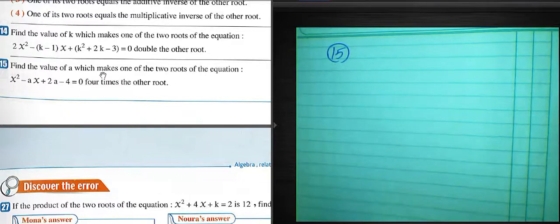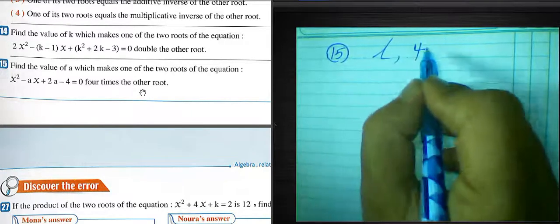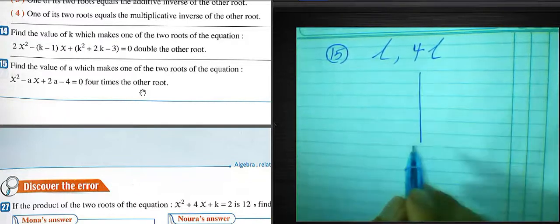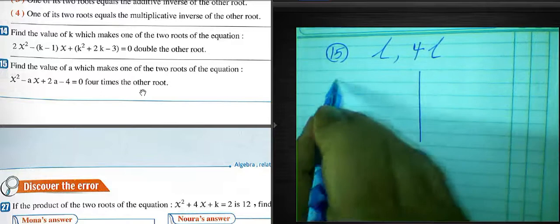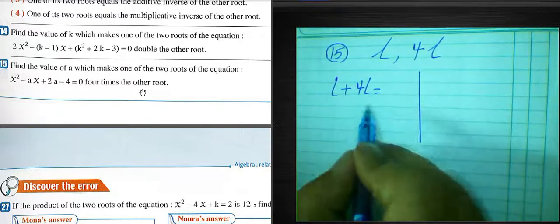Find the value of A which makes one of the two roots of the equation 4 times the other root. So the first will be L and the second will be 4L. We can find two roots. The first, the sum between 4L plus L equal